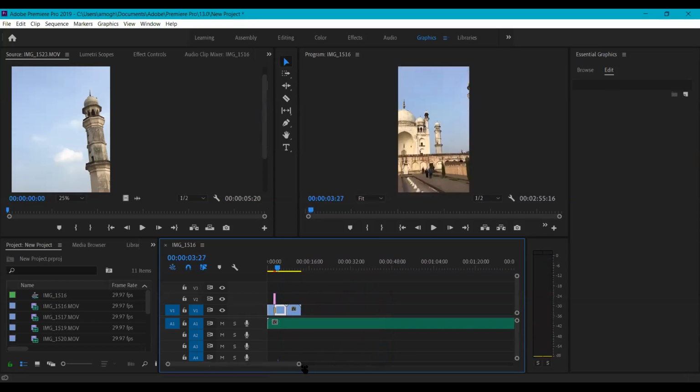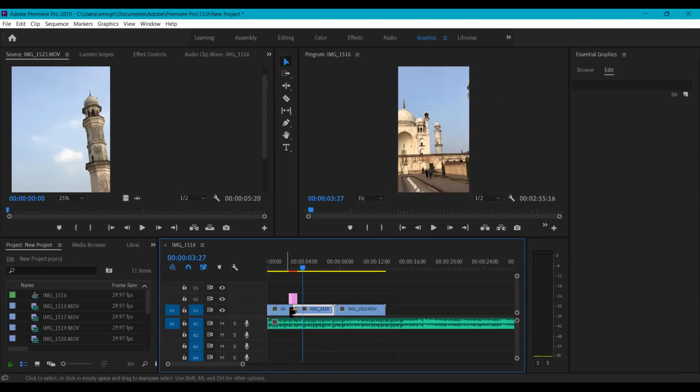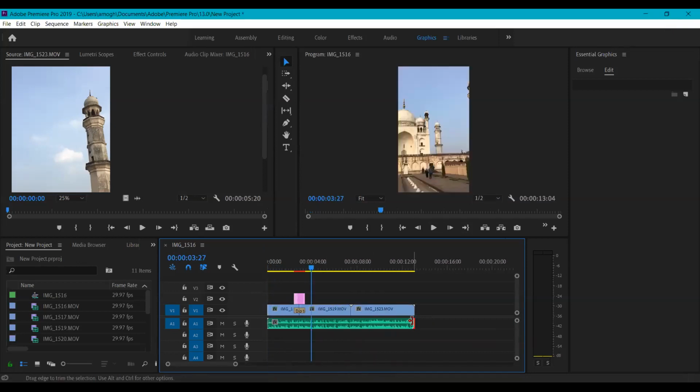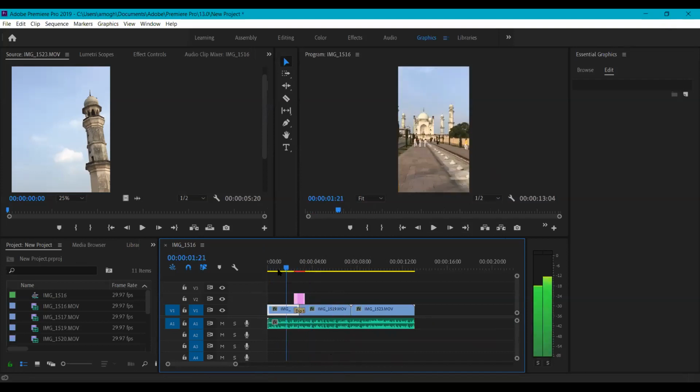Before I export, I'll just trim the audio also, because if we don't trim it properly, the whole video gets exported with the complete audio as well. It will just increase the file size, a waste of space. So I'll trim it. So you're going to blade the audio. Yes, so now video and audio are the same size.